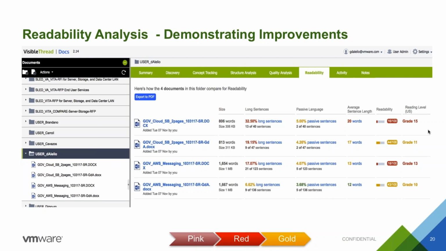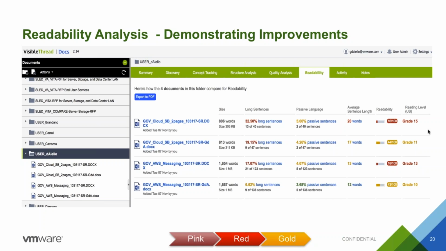And some of the language that we have to use just based on our industry, like virtualization, optimization, microsegmentation, are quite long words. So what we've done is we've created a whitelist of words that we know are going to have to be in there, and that we wouldn't be able to modify, to help us with that component. So as you can see, I've been able to reduce the readability scores from 15 to 11 for the